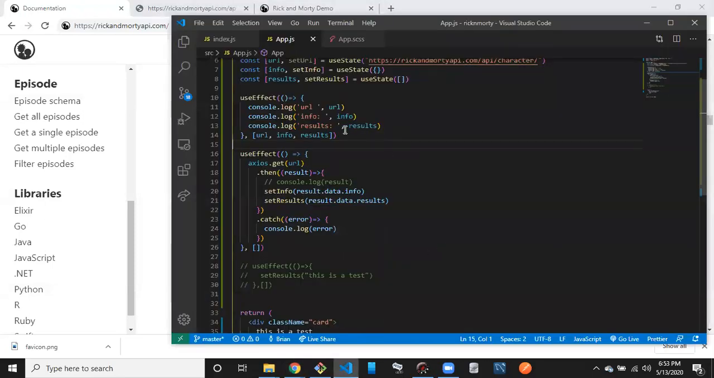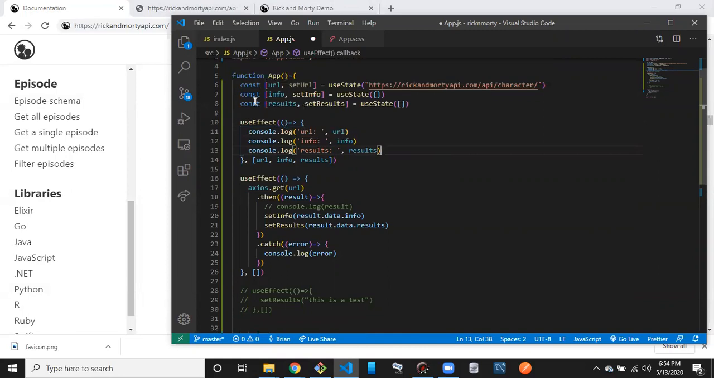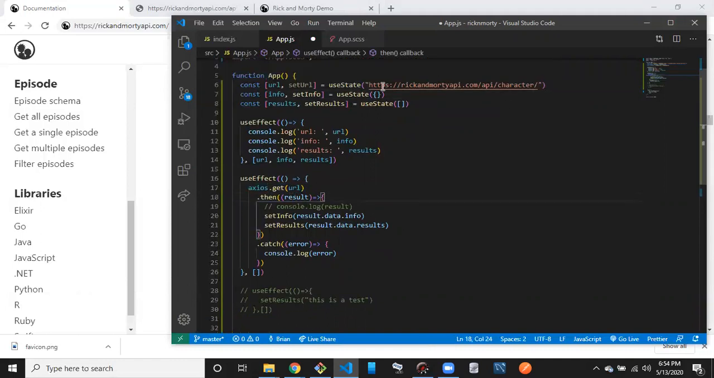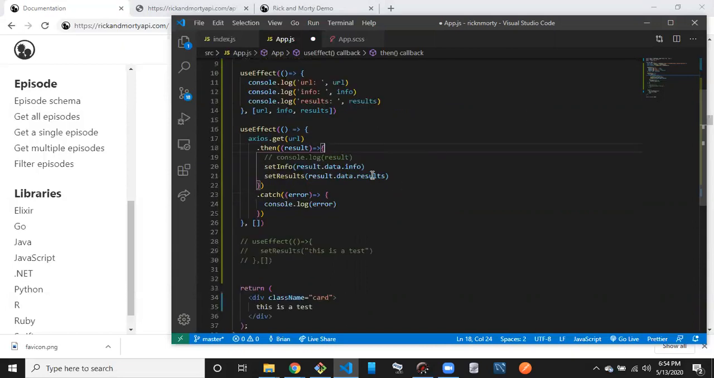So with this, we're just trying to see what our URL is, what our info is, and what our results are. That way we know that we got data and that it went into our state. So these are our three state things. This is actually a lot easier than doing it in just one object and then having to break it out multiple times. So again, all our Axios does is get this URL here, the Rick and Morty API character,